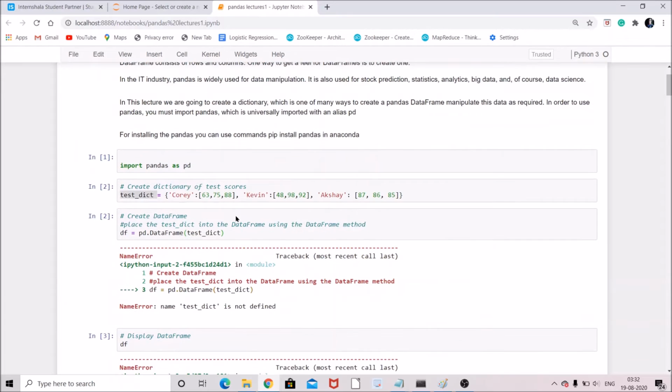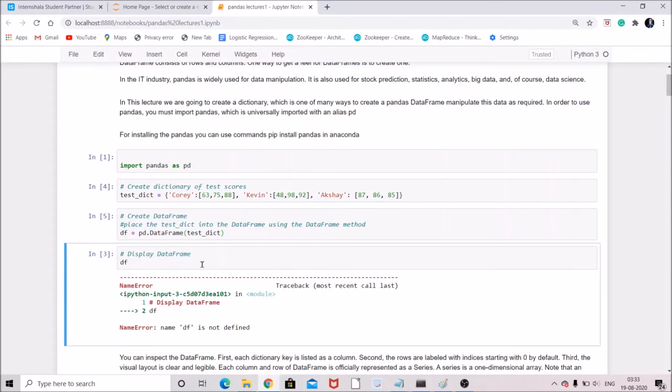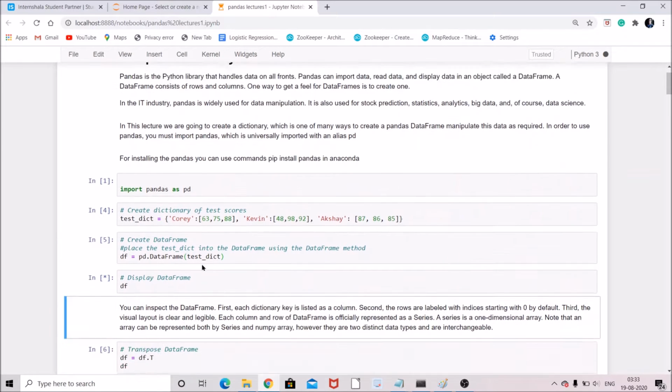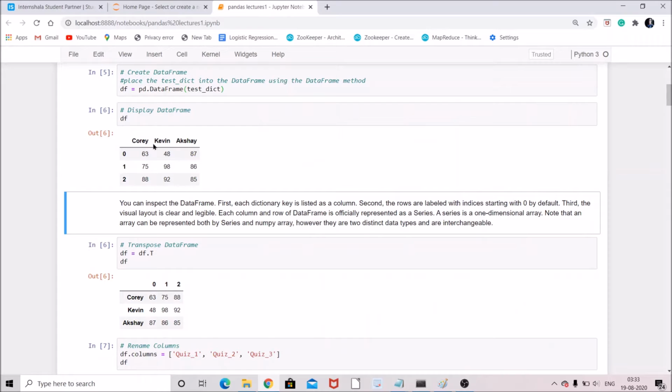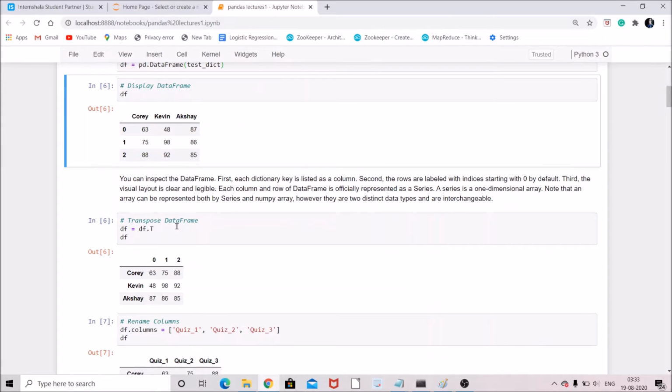df is not defined. Okay, you are able to see that a data frame is created with the names of the three students, the index 0, 1 and 2, and their marks. So you can inspect the data frame.